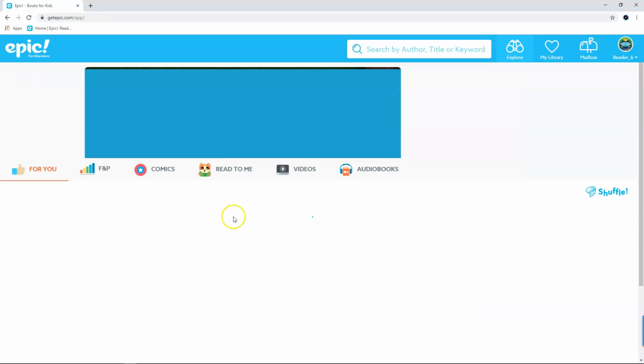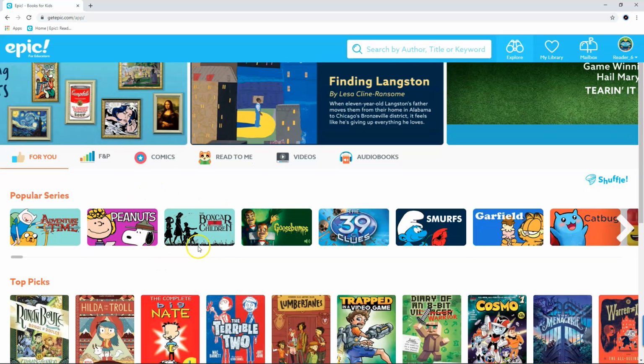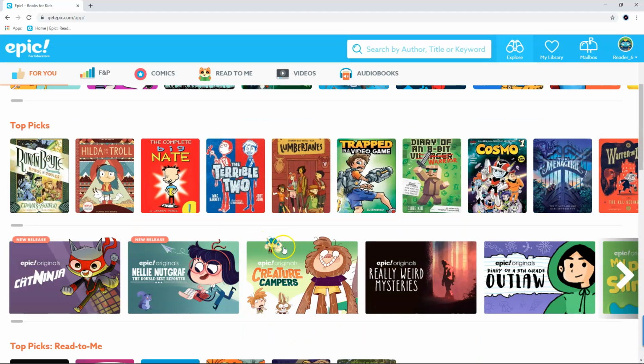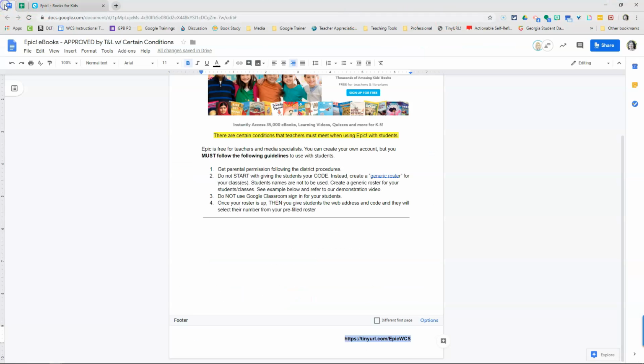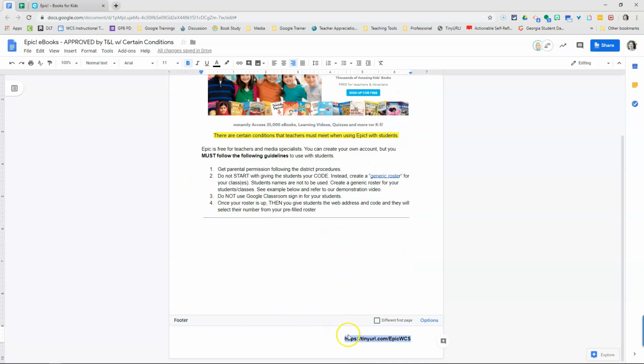So clicking through to a student account, you'll see that students will be able to go in and pick and create lists just like they would have if we'd shared their personal data. But there's no need to do so in this account because once they have a generic login, they'll be able to keep up. If you have any questions about how to use Epic eBooks, please refer to the instruction guide,